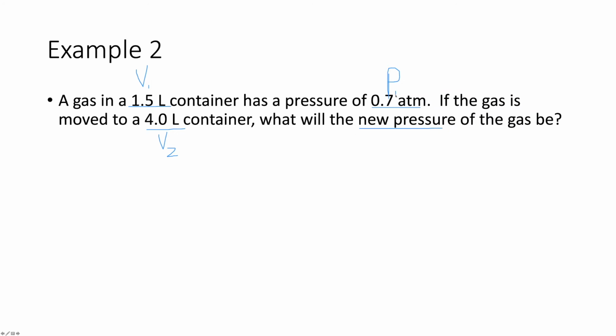So this is P1. This is going to be P2. So real quick, let's solve this problem on the spot. So your formula, guys, as you know, is going to be P1 multiplied by